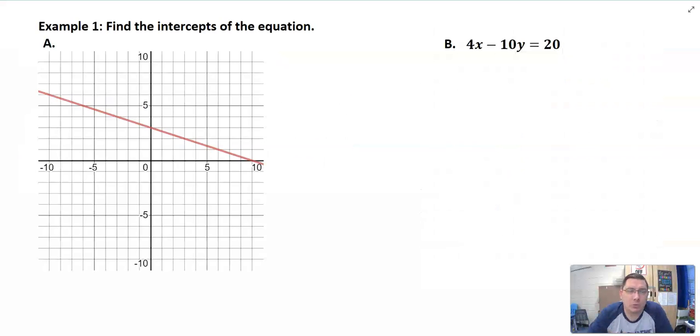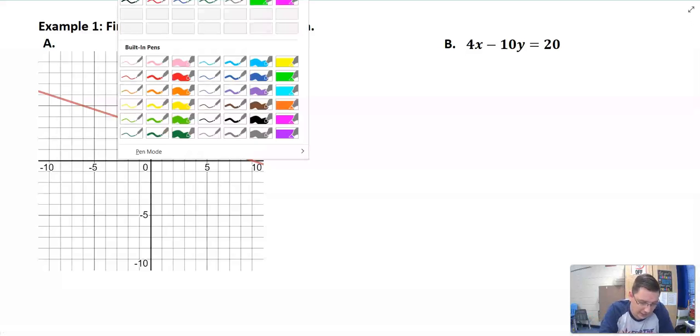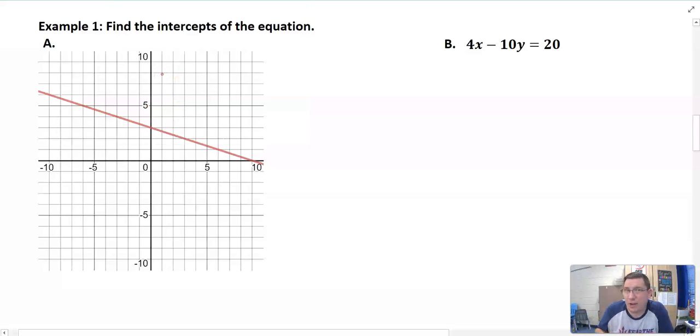So in example 1a here, we just want to find the intercepts of this graphed function. Now, pretty straightforward, right? We can look at the graph and say, hey, it has an x-intercept, it has a y-intercept. And so what is the y-intercept first? Well, that's where it crosses the y-axis. And that point is at what? Well, it's at (0, 3). Remember that the